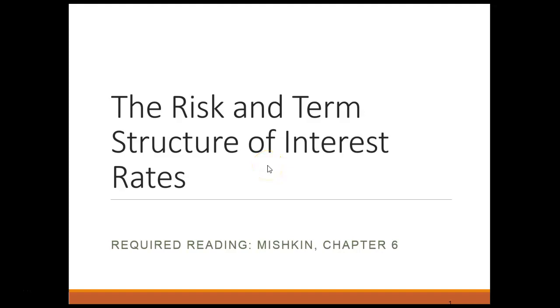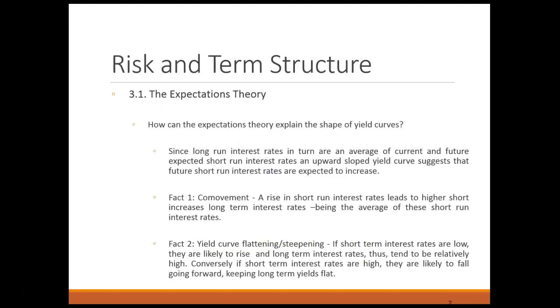We last discussed the expectations theory to explain yield curves. We'll briefly start by discussing its empirical merit before moving on to other models which help us understand the relationship between short and long-term yields. Remember that the expectations theory assumes that bonds of different maturities are perfect substitutes. Long-term yields are then averages of current and expected future short-term yields.